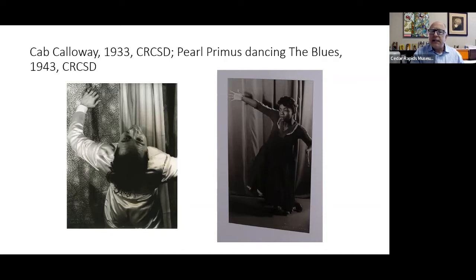That means this is actually in the collection of the Cedar Rapids Community School District. All of the photographs of Carl Van Vechten that I'll be showing you, most of them that I'll be showing you today, come from the school district's collection. The school district was given 153 photographs in 1946 by Carl Van Vechten. These were augmented in 1996, 50 years later, by another 29 photographs. So 182 photographs by Carl Van Vechten donated to the Cedar Rapids Community School District